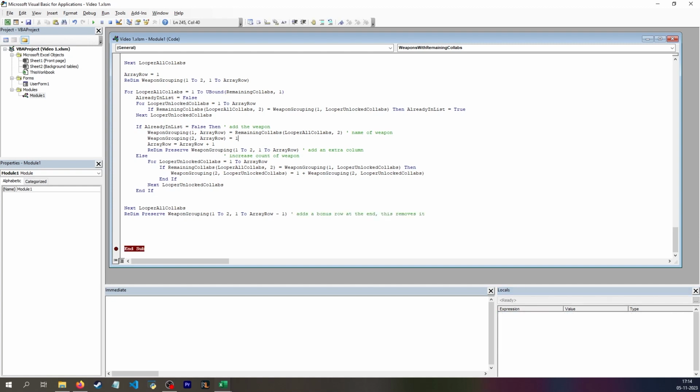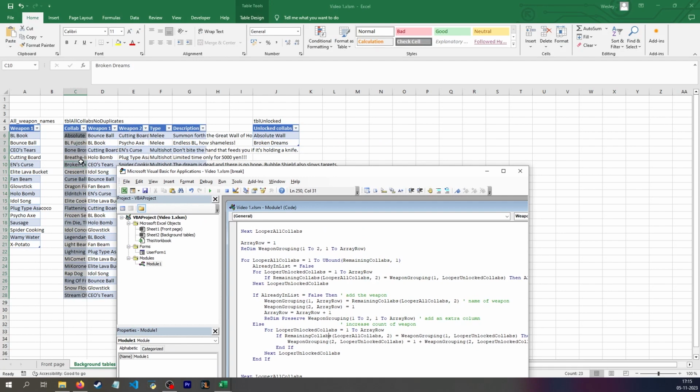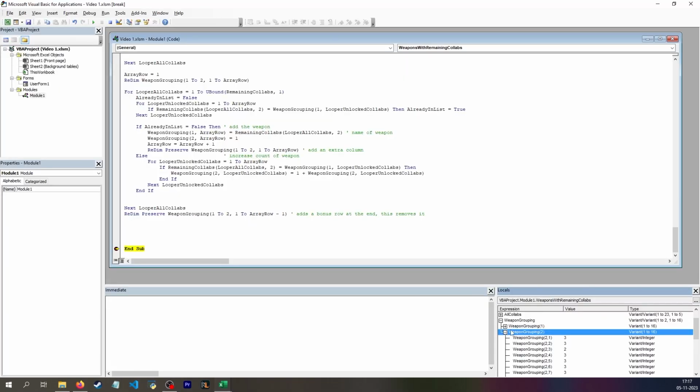Yeah. But now I need to sort it because if we go back and check, I have here 3, 3, 2, 3, 3, and I want them to go 3, 3, 3, 3, 3, then 2, 2, 2, 2, 2, then 1, 1, 1, 1, 1. And 0 won't be added because they wouldn't be in my remaining collabs because they've been removed here. I now have my weapon grouping array filled up, but I want to sort it again on the